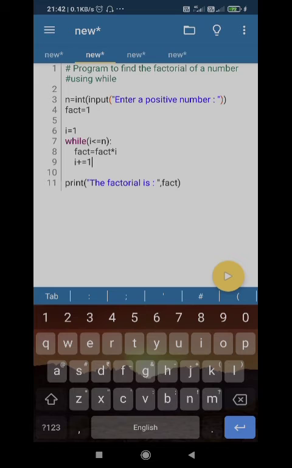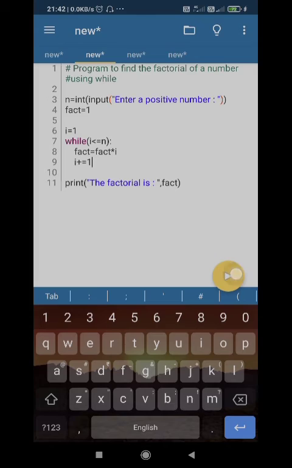I will get incremented to 6 actually, and again it will check the condition in the while loop. What happens then? 6 is less than or equal to n. Now the condition became false. 6 is not less than or equal to 5, right? 6 is actually greater than 5. So this condition became false, and whenever the condition becomes false, it stops executing the loop, comes out of the loop and executes the statement just after the loop body. So what is that statement? The 11th statement. The statement factorial is fact.